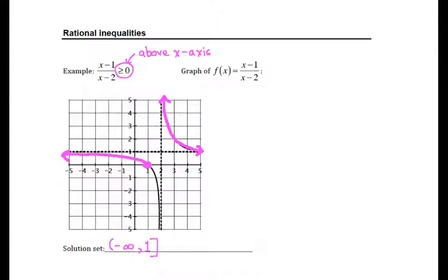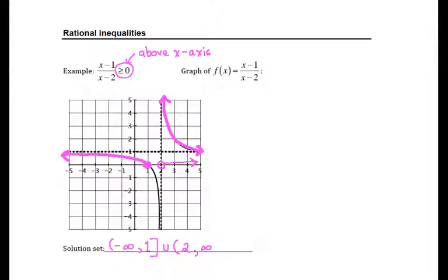This starts over again at x equals 2, but x equals 2 is not in the domain. That's a vertical asymptote of the function. So where I start this again, I'm not going to include that value, but I can see that it continues off to the right from here. So the second part of this inequality is going to start with a round parenthesis at 2 and go up